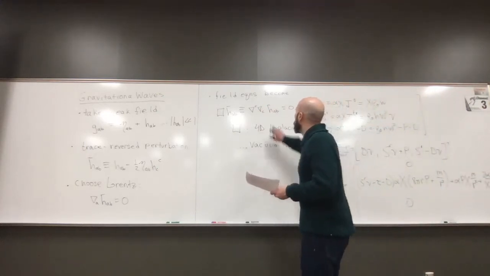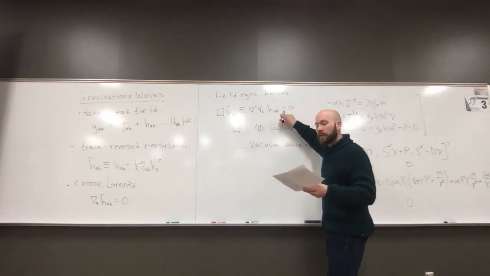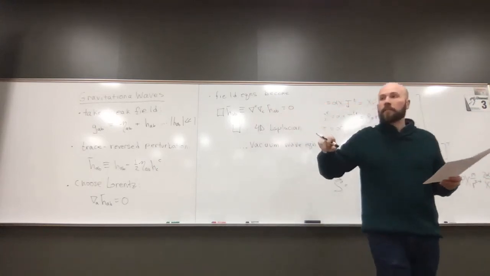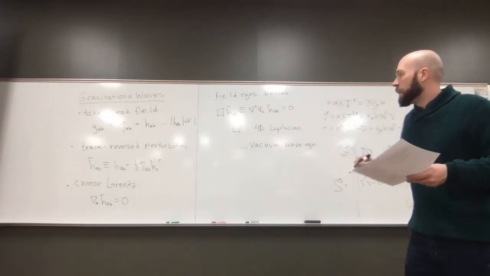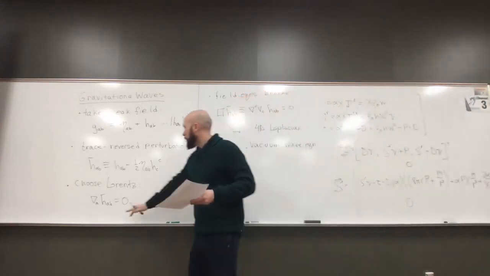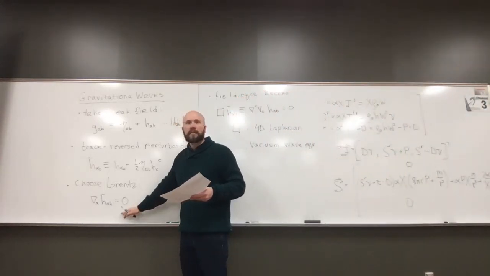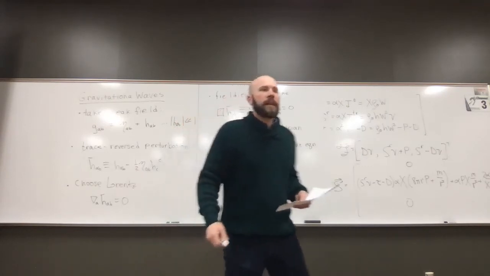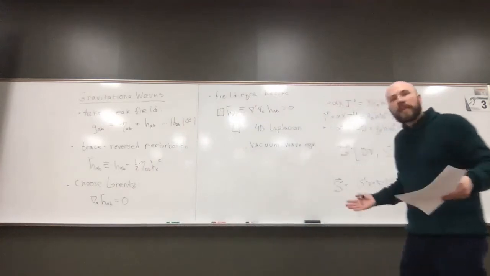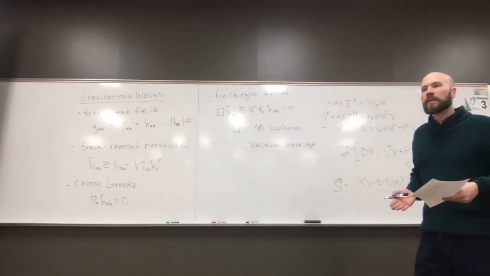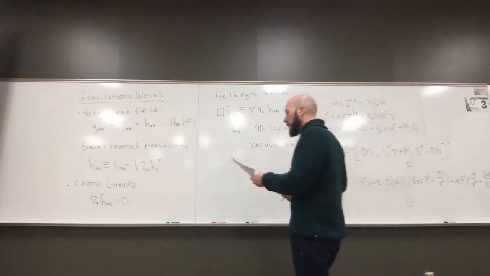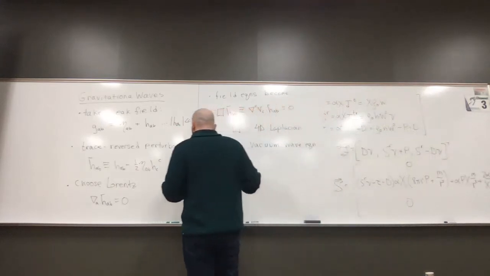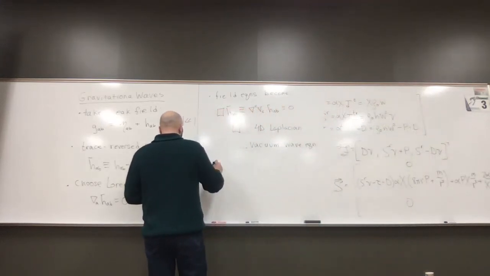So still, h bar AB is not uniquely defined. We can keep playing this gauge transformation game. We can keep adding some gradient of a scalar field to it, right? And the whole Lorentz idea. We can do that ad nauseam. So we haven't uniquely identified the components of h bar AB, and so we need additional constraints. We need to make some more choices. And the one that is most commonly made